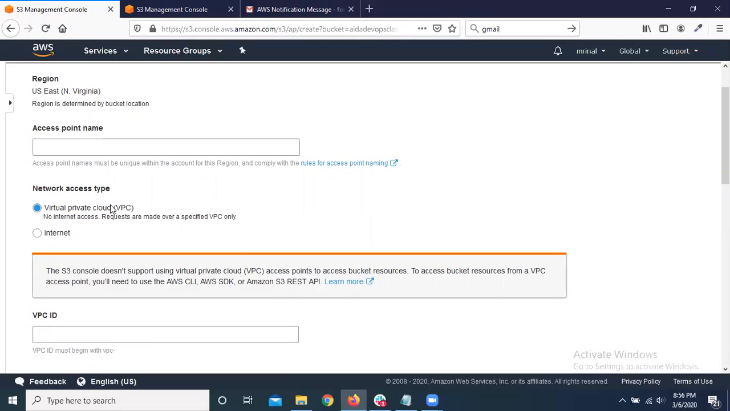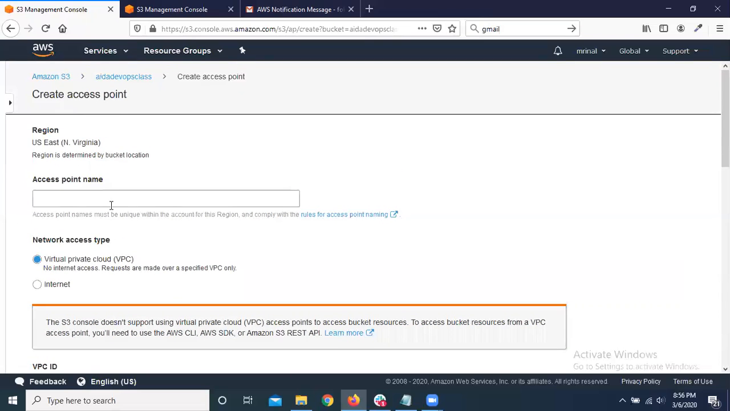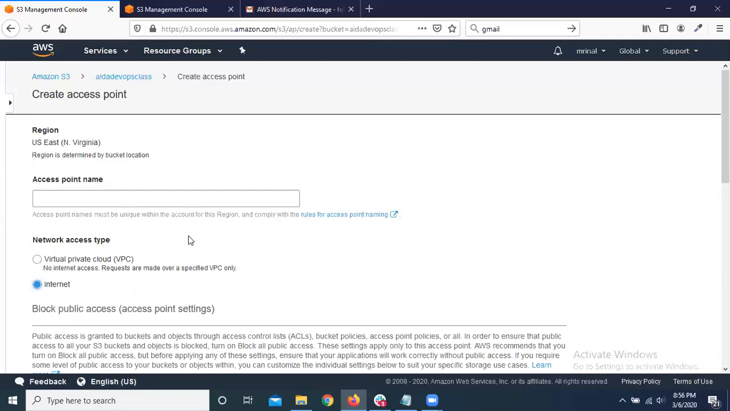We haven't talked about VPC, or virtual private cloud, yet, but just think of a VPC as another cloud network environment. So if the request is generated from that network environment, then this access point will work. But if we select internet, then anyone from anywhere in the world can use this access point,